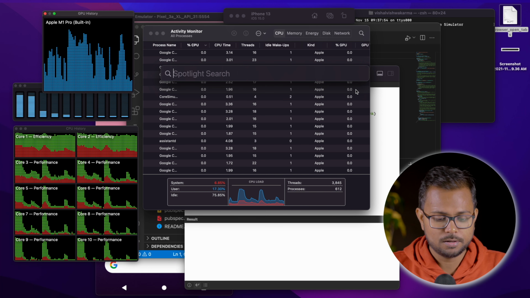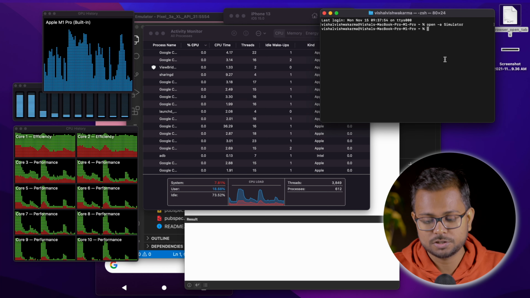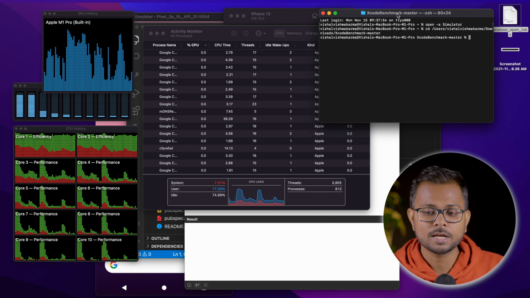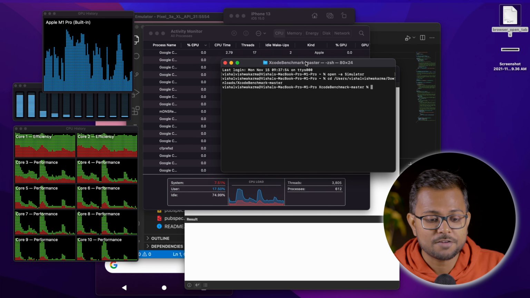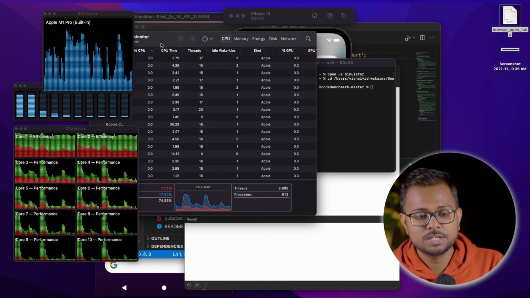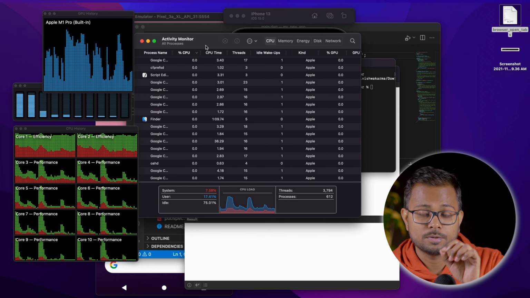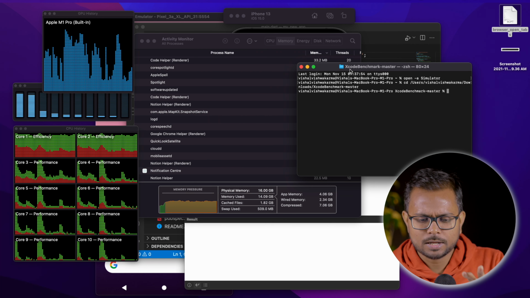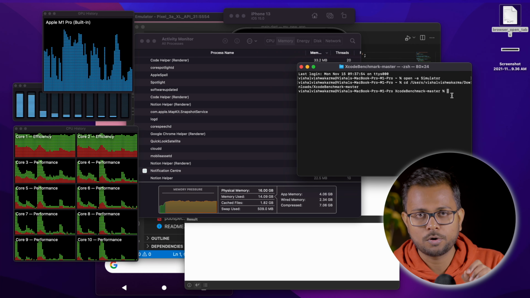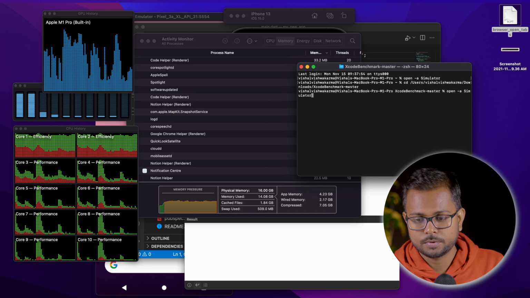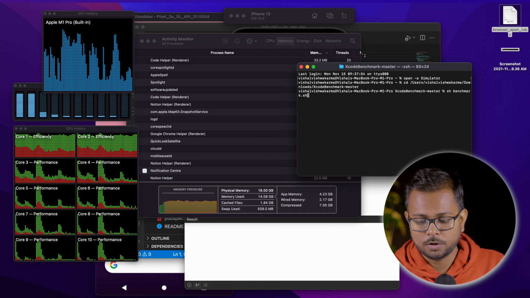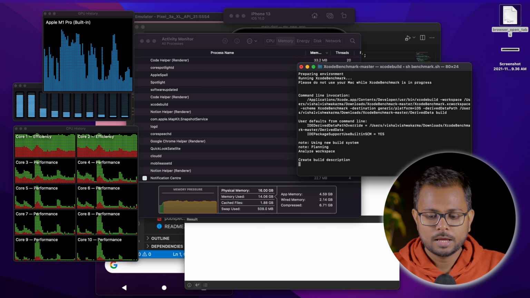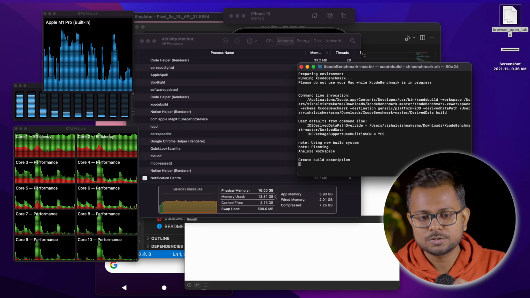Let's get into the terminal. Yes, here we have the terminal. Let's get to the project. So here I'm in the project directory, and I'll try to build this and have a look at what happens to the CPU monitor as well as the memory consumption. So here we are on the memory. There's a good amount of pressure, and let's see what happens now. Here we run.